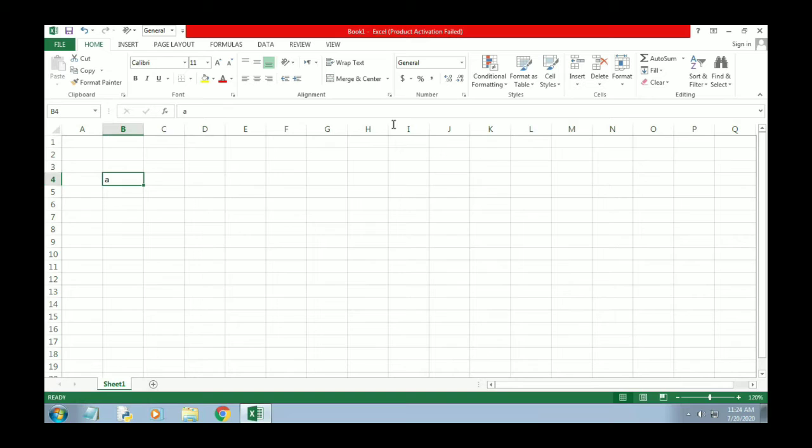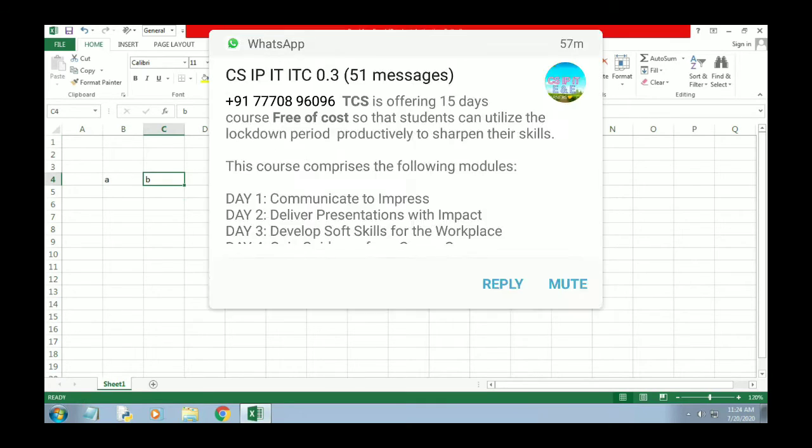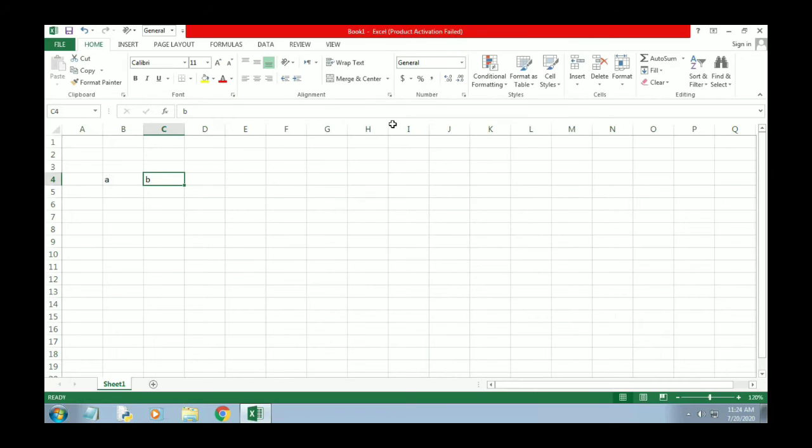So here you can see B4 is written, and if I write something else, suppose I write B here, then now you can see in the name box C4. The name box displays C4. So this is the name box, or reference of the cell. Wherever we click, we can find the reference of the cell in the name box.